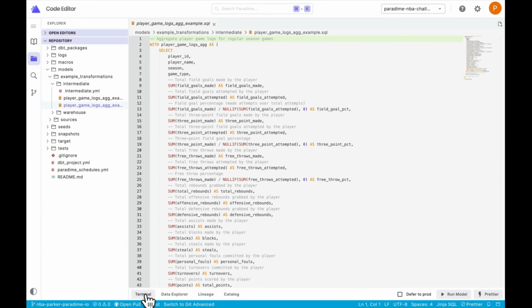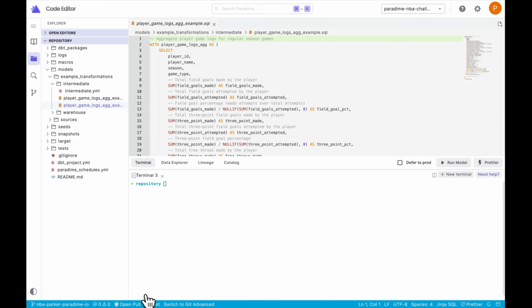On the Apps panel within the editor, you can efficiently run dbt CLI to develop and build dbt models. It's called Terminal, and let's walk through the various features. At the bottom of your screen, you will see a new terminal window open. Here, you can run any git or dbt command like dbt run,